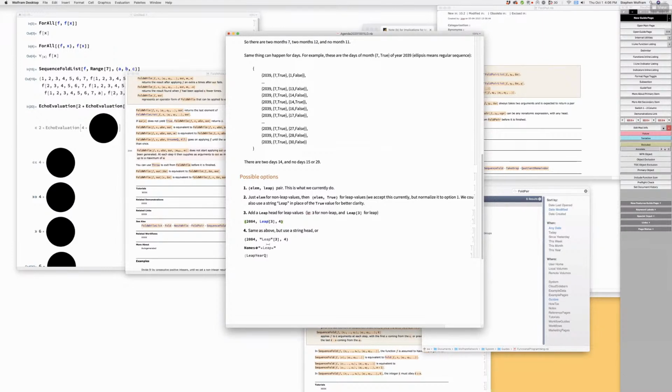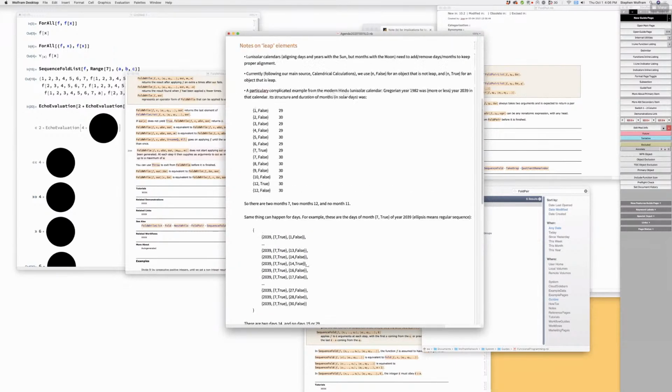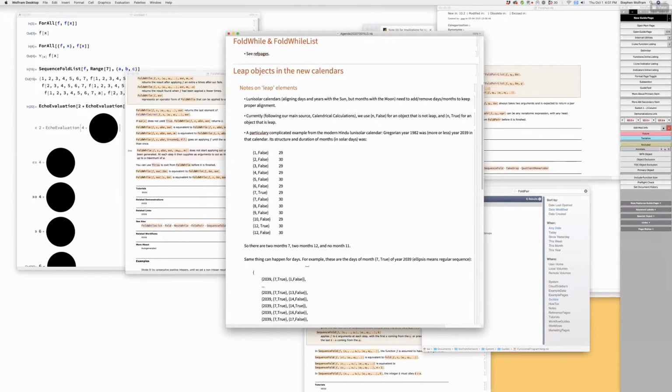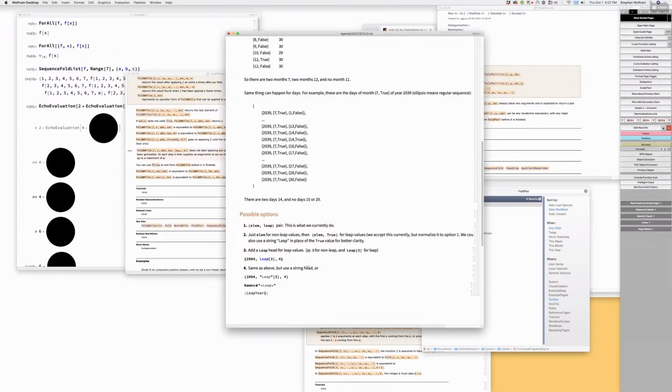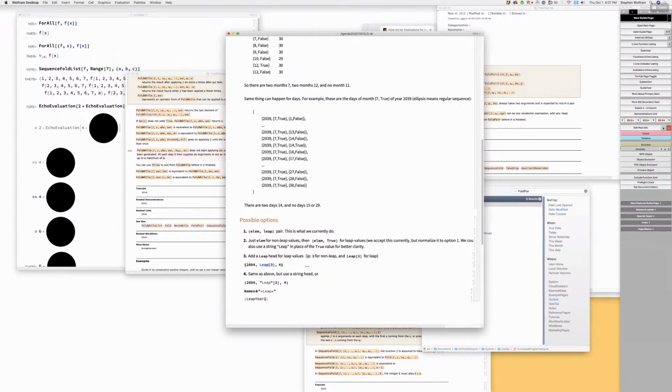So what about the idea of having a string instead of a single? Well, not like that, no. I think we should have a, okay, hold on. Okay, let's look at the cases where this occurs. So this is an example in which there are both leap months, that's the second column, and leap days, that's the third column.